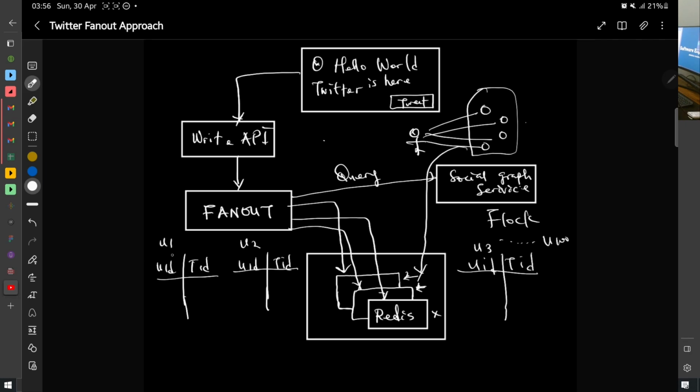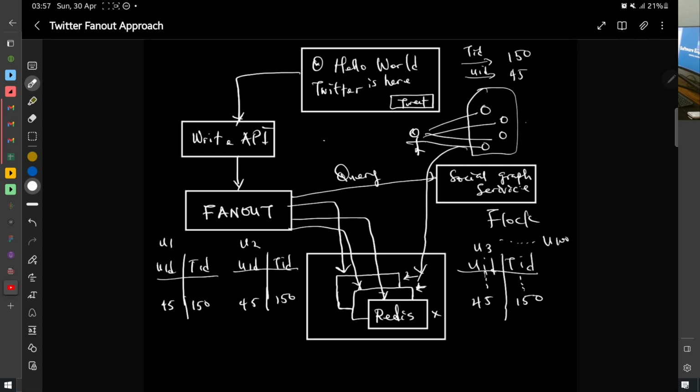So what the Fanout daemon is then going to do is to iterate through all of these users lists and insert my tweet into the list. So say for example, my tweet has been persisted maybe in the database and an ID has been generated for my tweets. Let's say the ID is 150 and this is my tweet ID, and let's say my user ID is 45, right? So what the Fanout daemon is then going to do is to insert this 45 and my tweet ID 150 into all of these user ID lists,